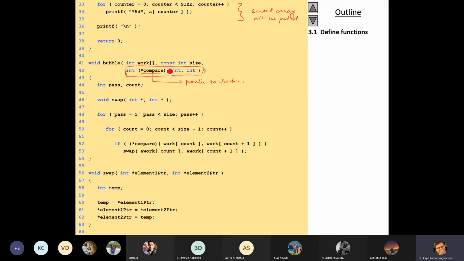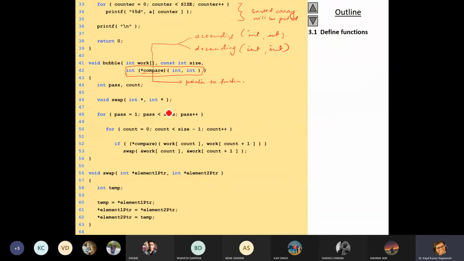Actually, it is pointing to any function which has two arguments. But in this particular case, it will point to ascending and descending. It will take two elements, integer and integer, and it will directly modify this.